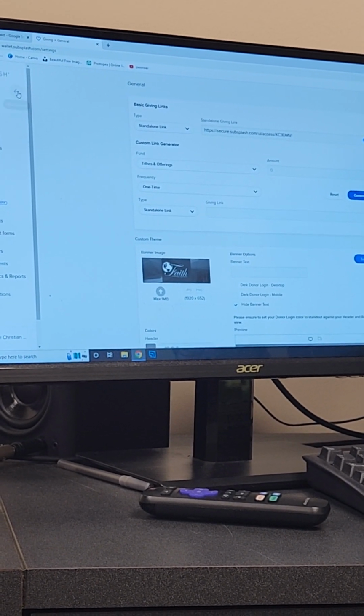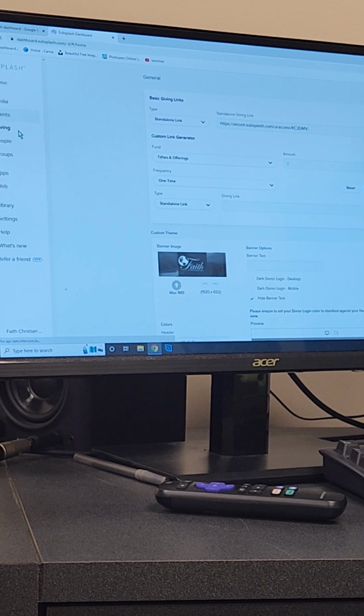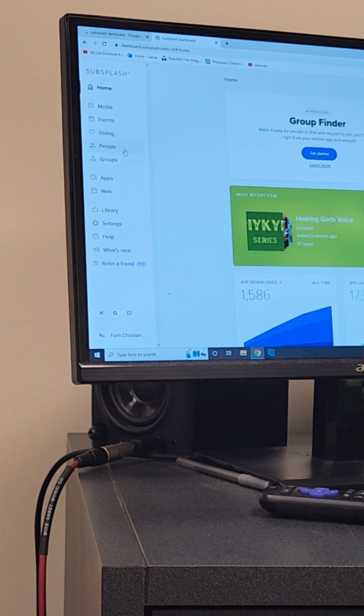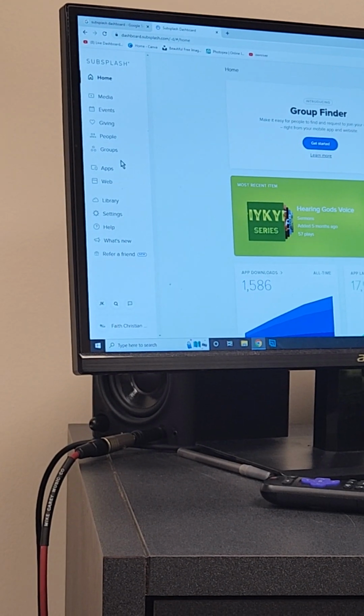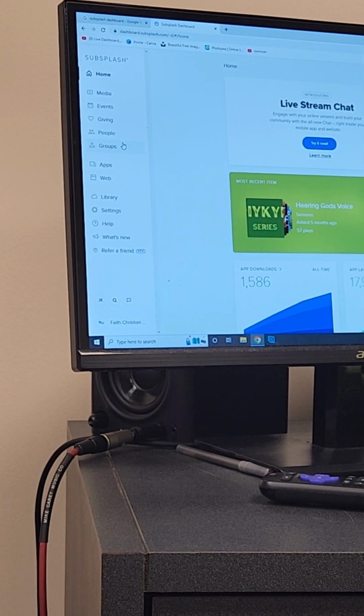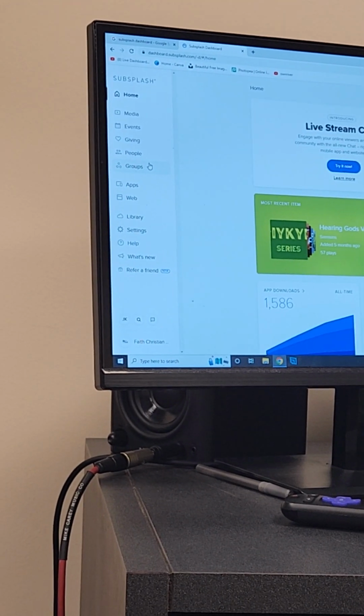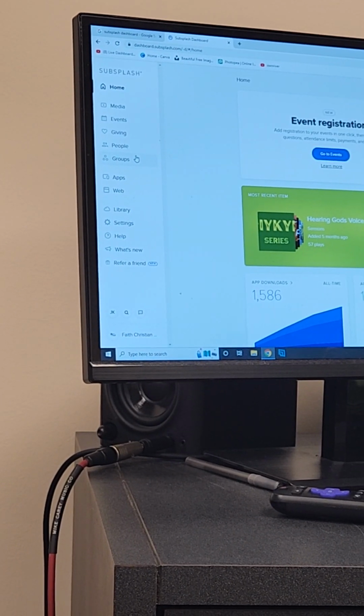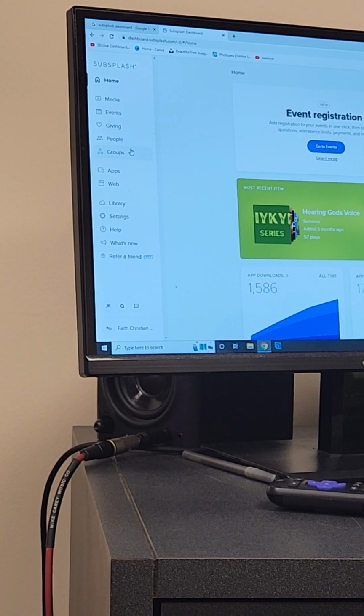And that is it for giving. So go back to the home tab. We don't use people, we don't use groups, those were paid services. I think we could use them, but I think that we never got around to it. We just didn't see the need for it. It added an extra layer of complexity that we didn't want to get